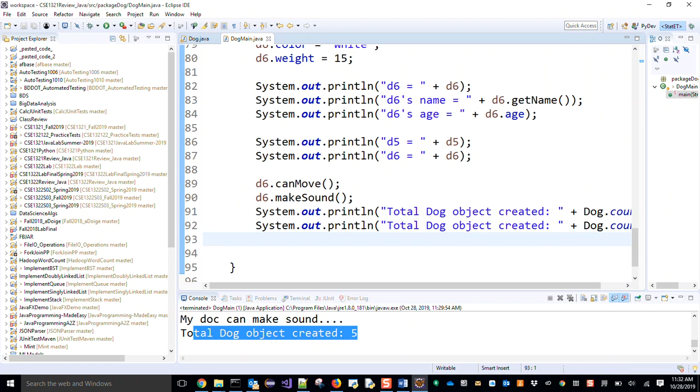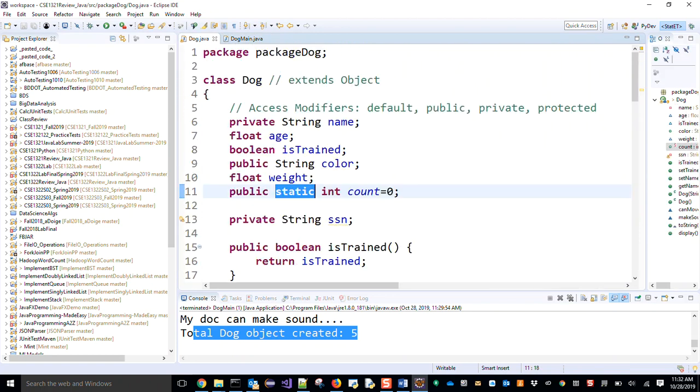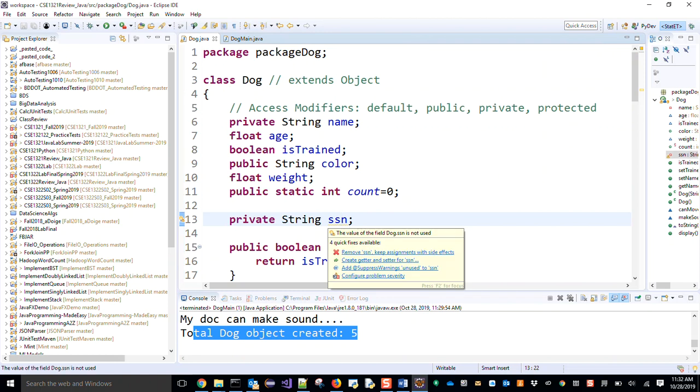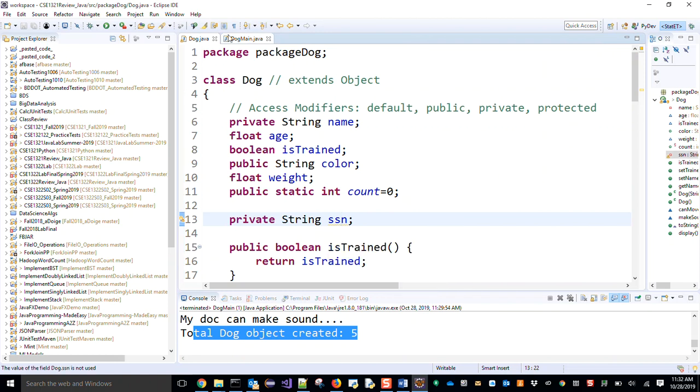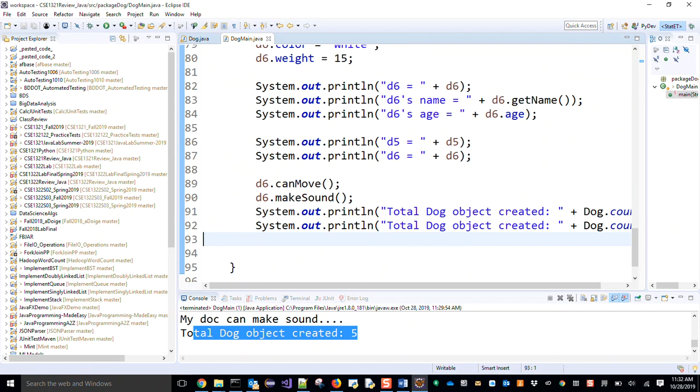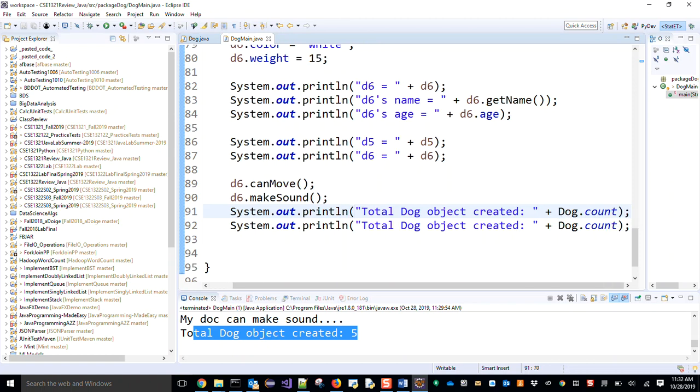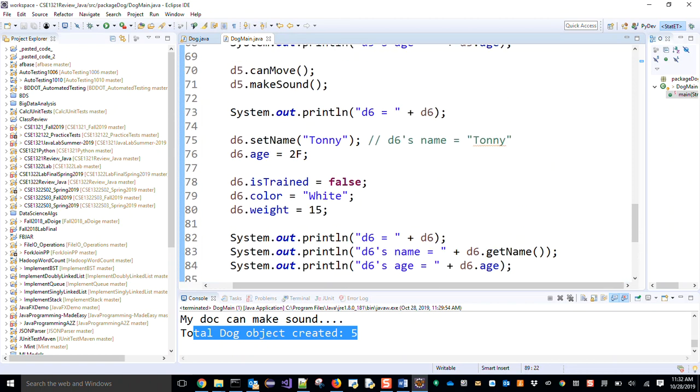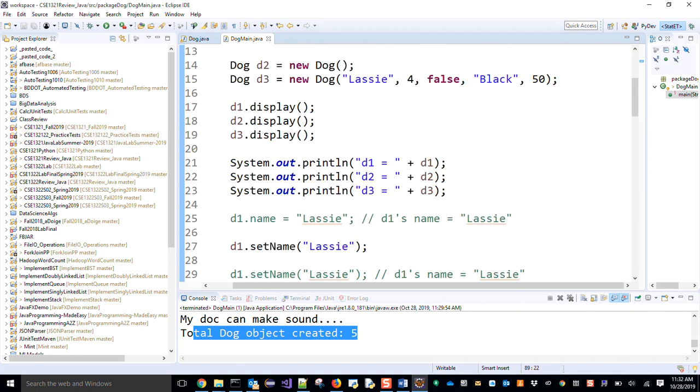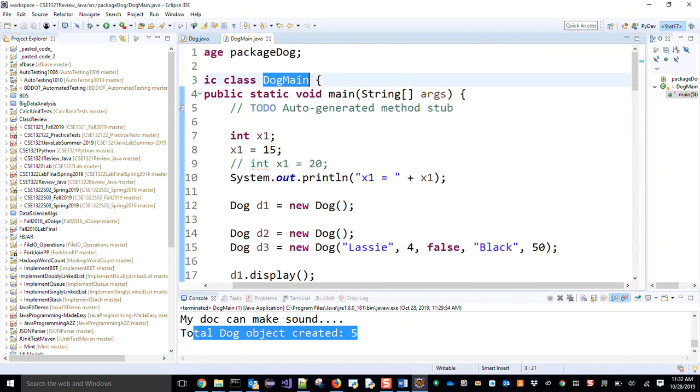And another thing is that if it is within the class, then we do not need to create an object of this class in order to call a static method. But if it is outside the class or in another class, then we need to use the class name dot. Since my main method is called within this class,